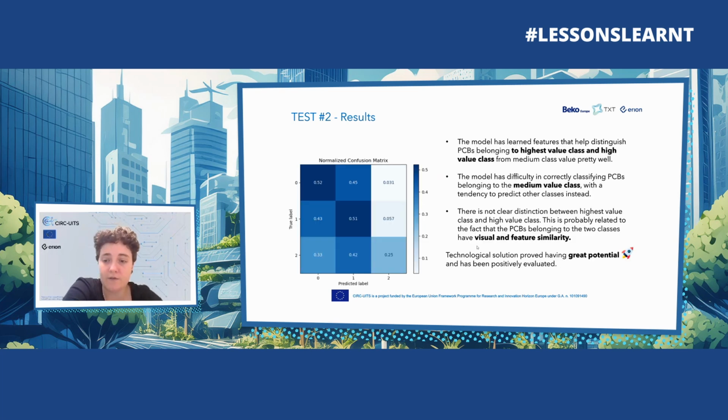You can see on the left this matrix, in which on the diagonal we can see the performance of the AI in recognizing specifically the category: the very high value, the high value, and the middle value. Of course, what we've been learning is that it is possible to make the algorithm more specific. It is possible to give the algorithm a series of more specific parameters, for example, the ability to detect specific components,